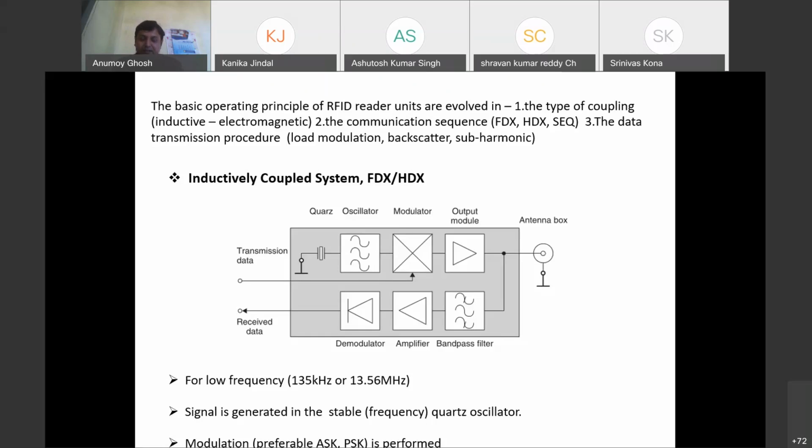See, here the tag and the reader are in close proximity to each other in the near field region. That means the distance between each other is very small. So if the distance between each other is very small, then the wireless channel